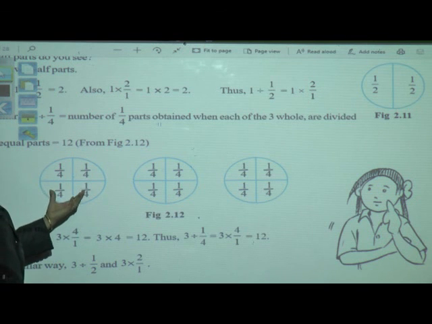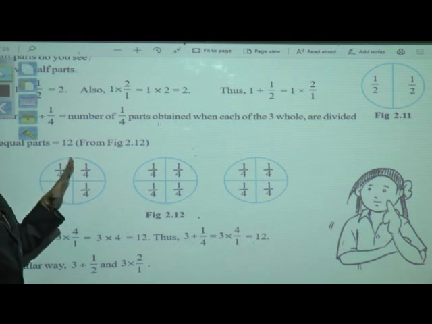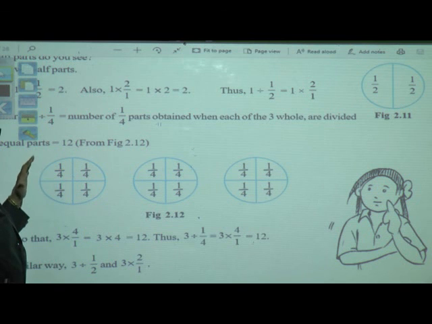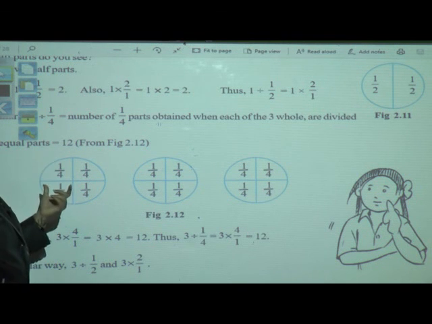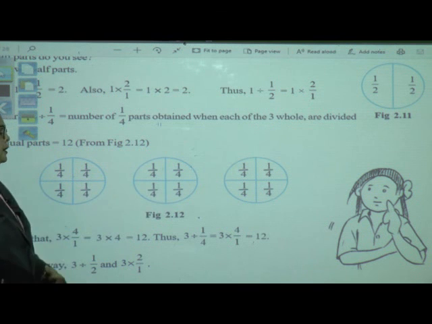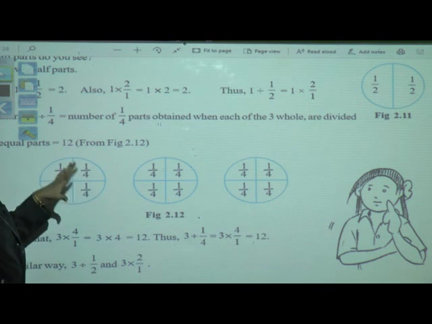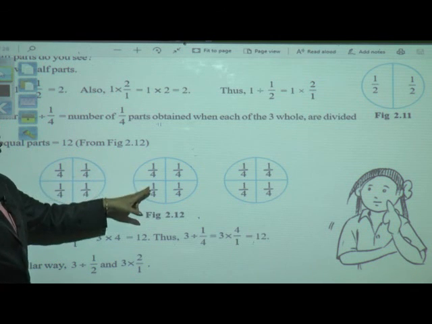Now, suppose we are having 3 pizzas over here. I want to divide each of the 3 pizzas into 1 upon 4th parts. Means what? I want to divide each pizza into 1/4 parts. I have a total of 3 pizzas. So what do I have to do? I have 3 pizzas, so 3, the whole number, should be divided by 1 upon 4.